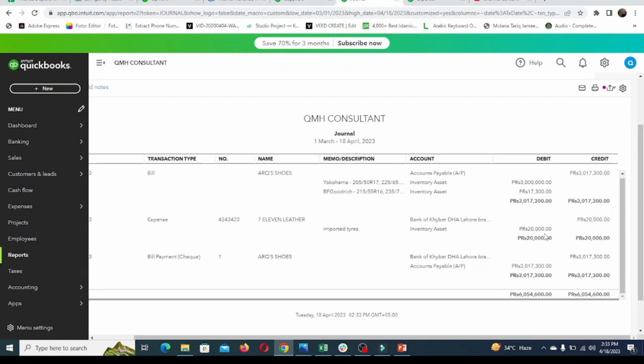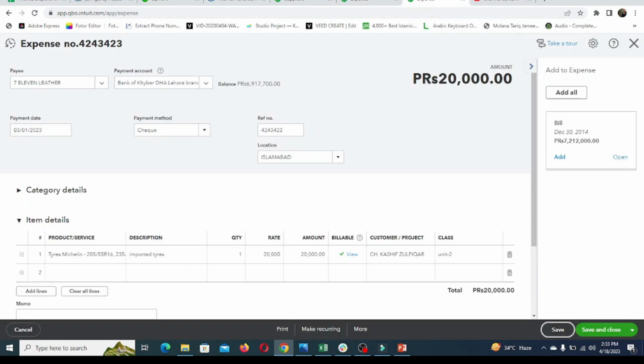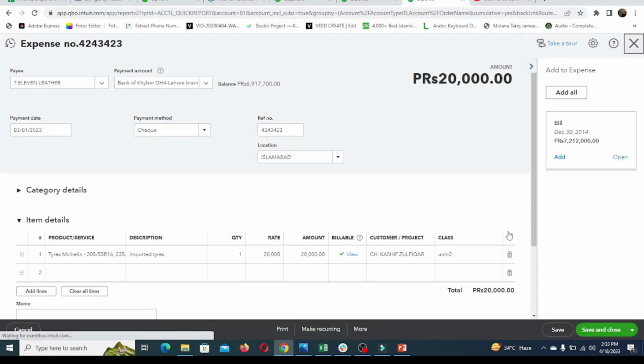So there is no routing through the supplier, as we have done in the other case. In that case it was routed through the supplier, that is debit, and the same amount has been credited, as you can see. So this is the difference between these two things. We also have other options over there, which we'll discuss in the next